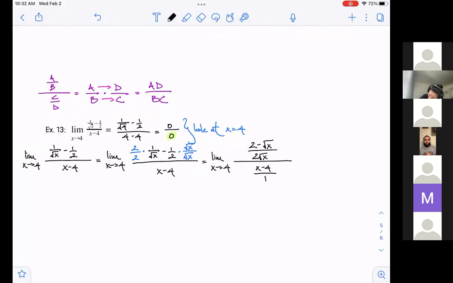Now I can do this, right? So we end up with the limit as x approaches 4. And so I have the first fraction times the reciprocal of the other one, which gives 1 over x minus 4. Okay. If I wanted to write this as a single fraction,